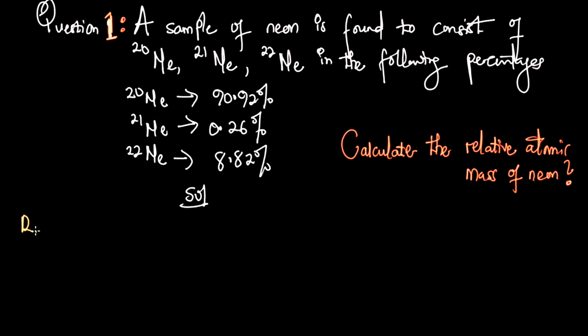R.A.M equals the summation of the mass number of each isotope times its relative abundance,